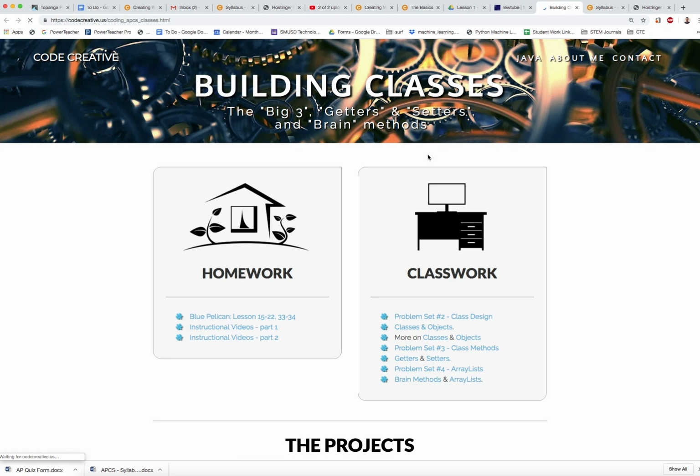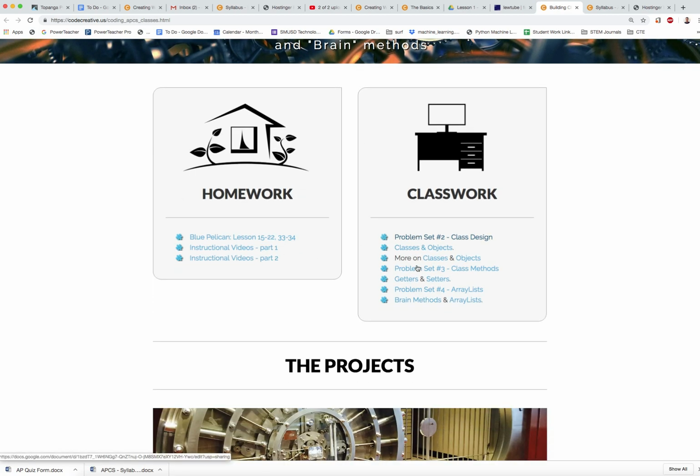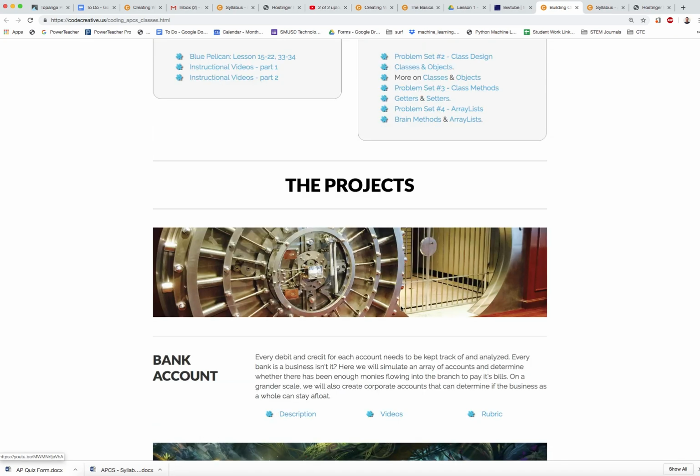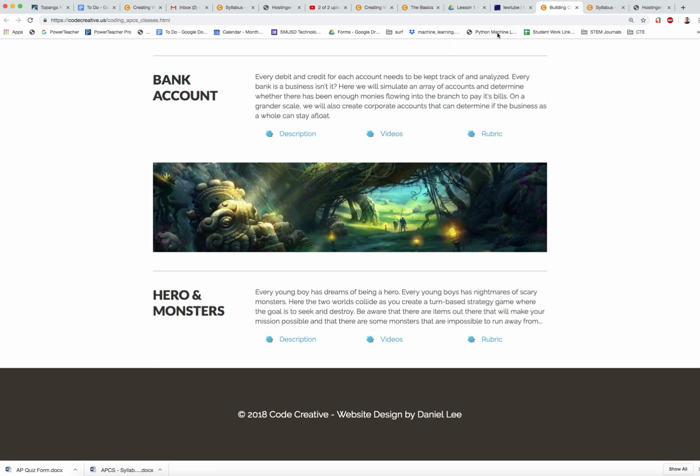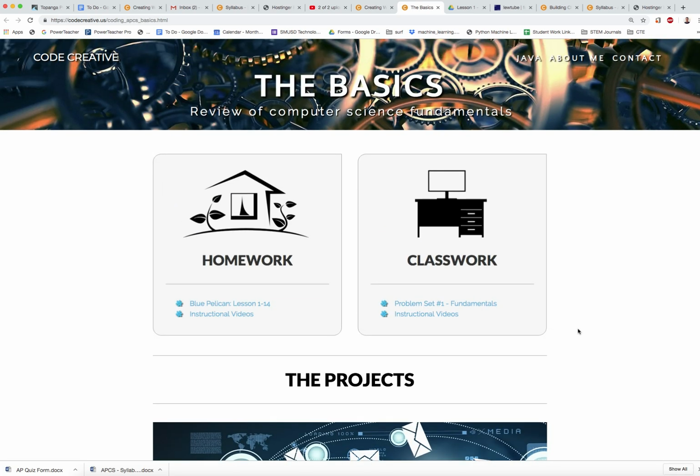And you can see that module 2 is set up the same way, where we have a set of Blue Pelican lessons, problem sets. Once you finish the problem sets, we move on to the projects, which have description, videos, and a rubric. Right? So what are we going to do to get started? We are going to create our first Java program, and then I'm going to let you free to complete problem set number 1. So to get this going, you need to click on the magnifying glass found at the top